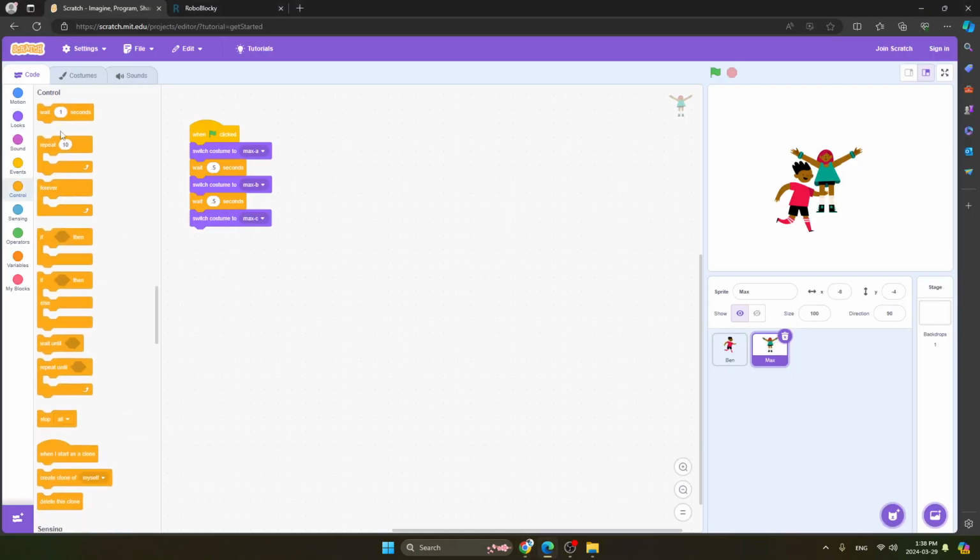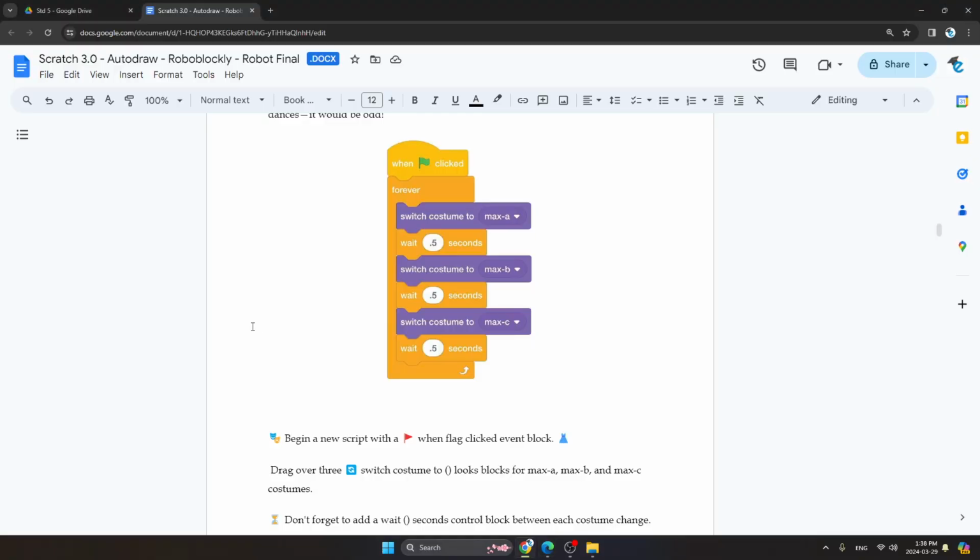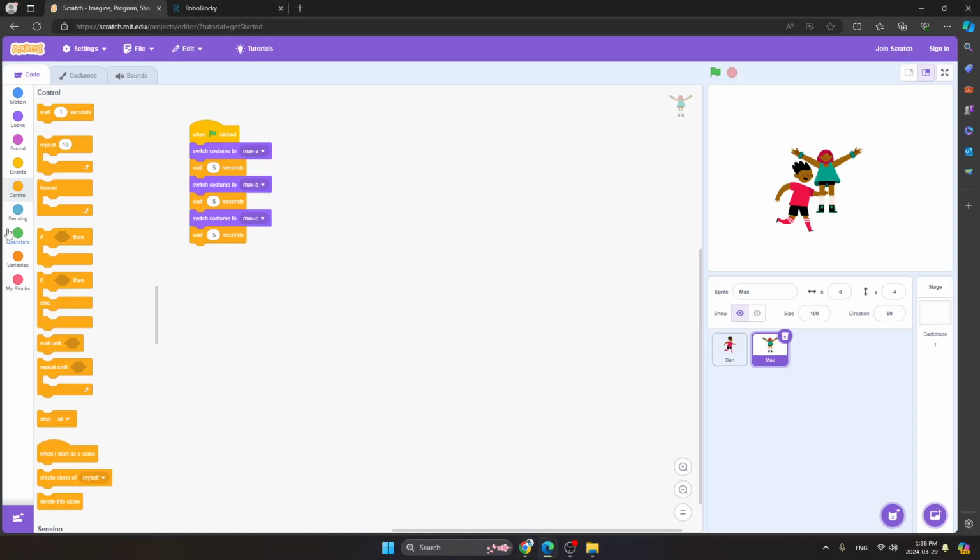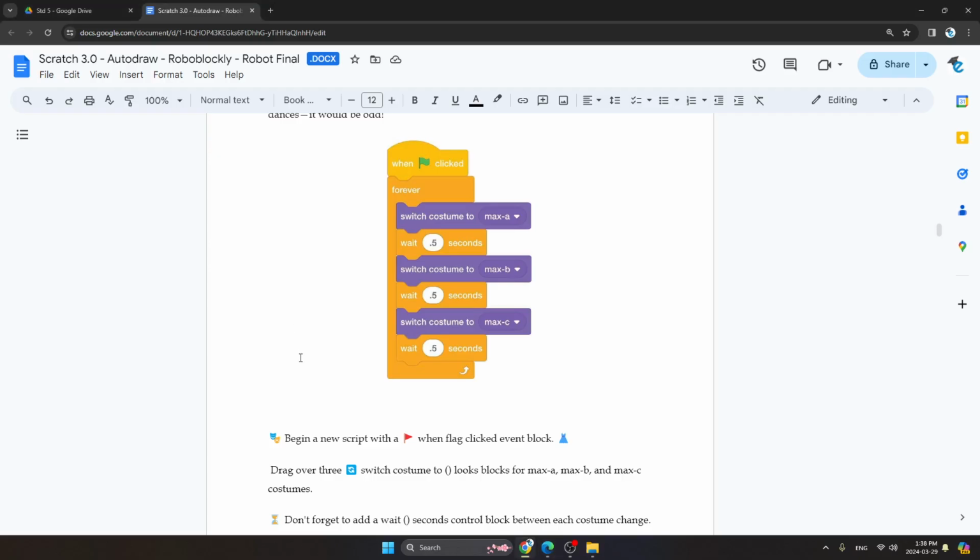We will go to Control, and here we will take again wait 0.5. Now what we have to add is the forever block over here. We will drag the forever block, and you can see it has been done.